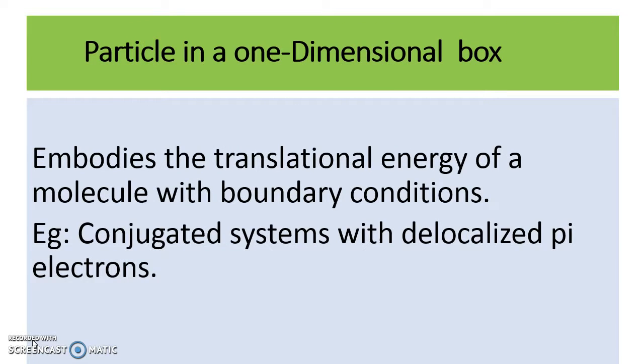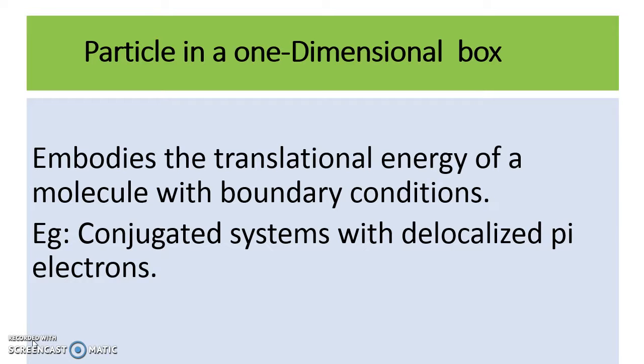Particle in a one-dimensional box. Here in this presentation we will not be concentrating on the equations, we will only concentrate on the physical meaning of each of the cases that have been listed in the earlier slide. Particle in a one-dimensional box embodies the translation energy of a molecule or a particle which has been bound with certain boundary conditions. A typical example in chemistry is a conjugated system